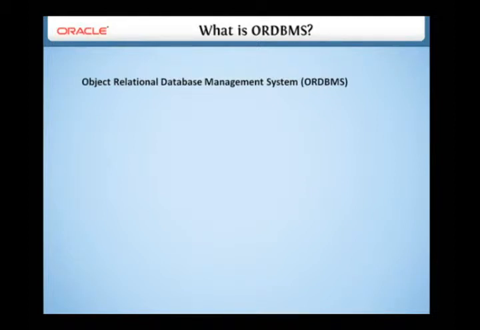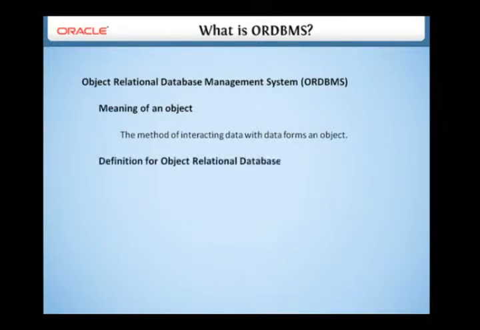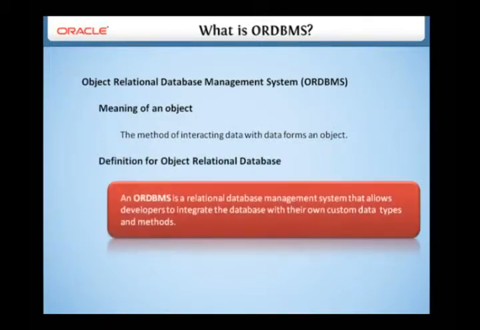In the previous lesson, we have studied data. Here we will see the meaning of object. The method of interacting data with data forms an object. Let's see the definition of object relational database. An object relational database, ORD, or Object Relational Database Management System,